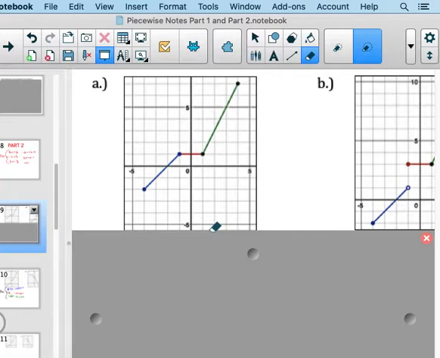So if you were to extend this graph over here, I personally always start with the starting point. Where would it touch the y-axis? Where would that blue line extend up to? 2. And what is the slope of that line? 1. Up 1 over 1. Up 1 over 1. Okay? And so our first equation then